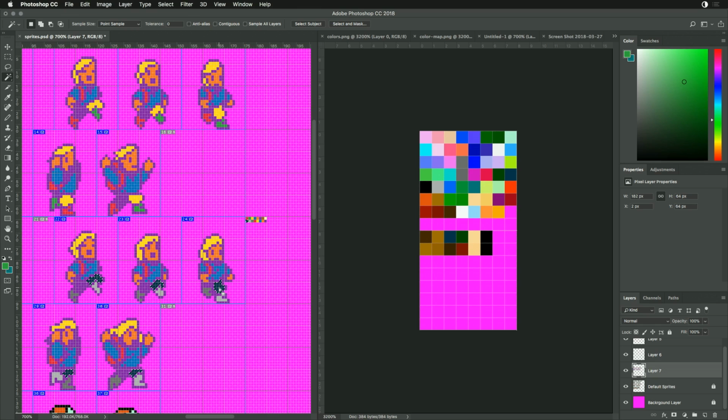Alright, let's just get them matched up. This is the hardest part, really just figuring out a way to palletize them. Once you figure that out, wherever these things are similar colors, we're going to have to split them up. So right now, let's do green for the foot, and then for this foot we're gonna have to pick a different color, and I think I'm just gonna go with